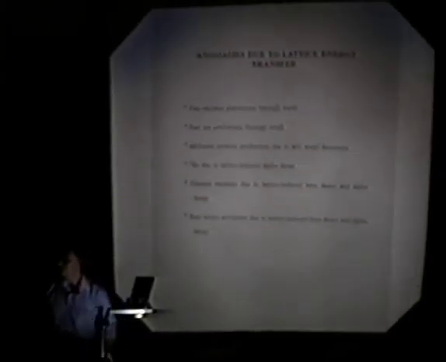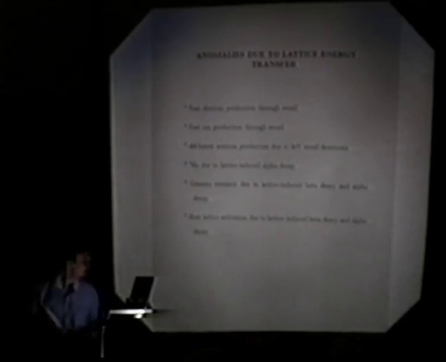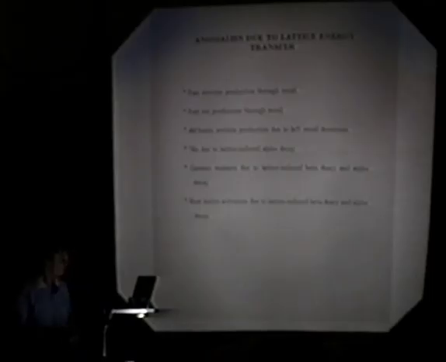Let me, in my introduction, summarize what the theory would do if it works and if it's right. If lattice energy transfer works, it will produce recoil electrons and ions that are fast. In the case of ions, it can be 20 volts up to kilovolts. In the case of electrons, it can be kilovolts. In the case of deuterons or hydrogen, it can be megavolts, in the case of recoil off of palladium.